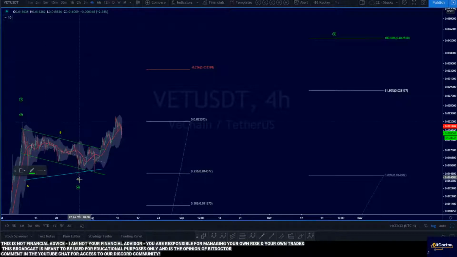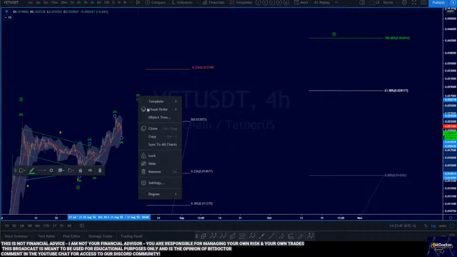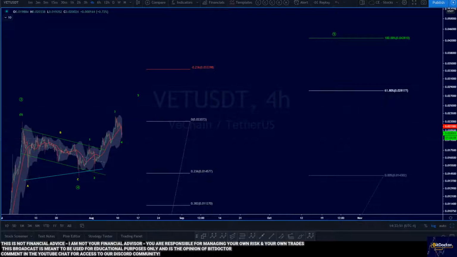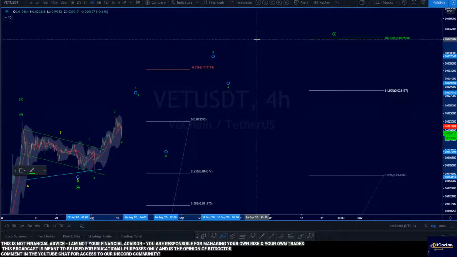Let me pull this in here from down here. We've got a nice 1 and then a 2. We work on the 3, and then maybe this is the 4 already done, then we go in for the 5. Now, I think that this is a small impulse in the grand scheme of things. From down here, I think there's actually going to be a 1 and then a 2, and we have a bigger 3, 4, and then we complete this move here.